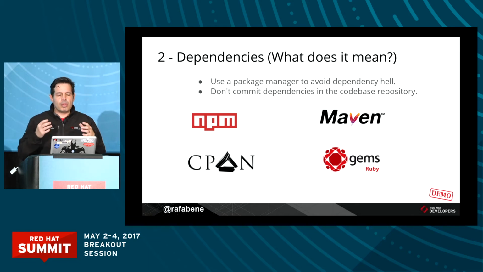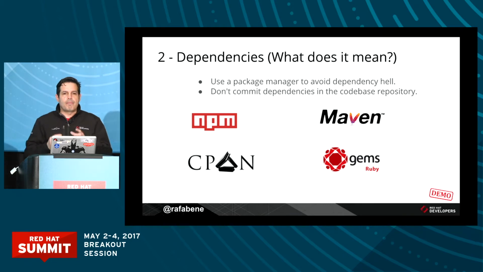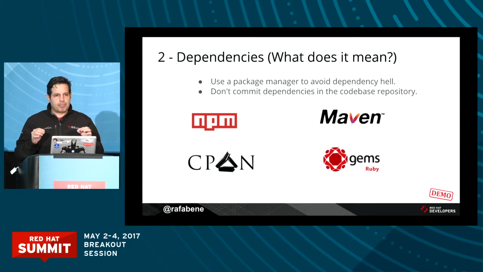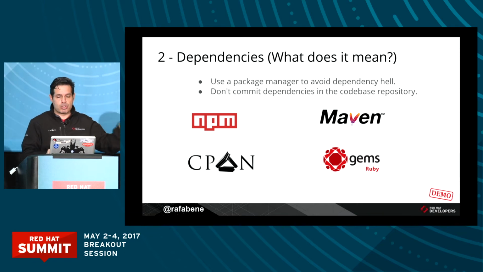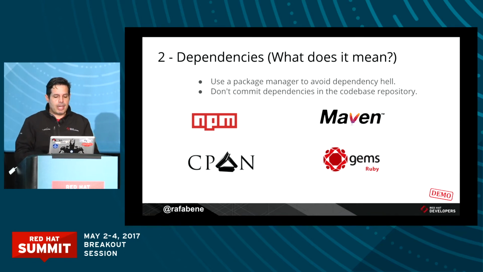Nowadays, every modern language has its own package management system. For example, Node.js has NPM, Java has Maven, Ruby has gems. So the idea here is that you should declare your dependencies, and that will avoid binary conflicts, because the binary dependencies are not stored in the repo, and you can track the changes from one version